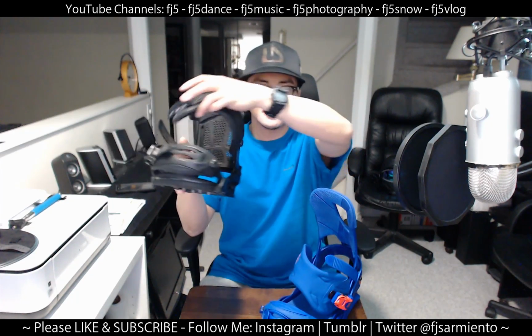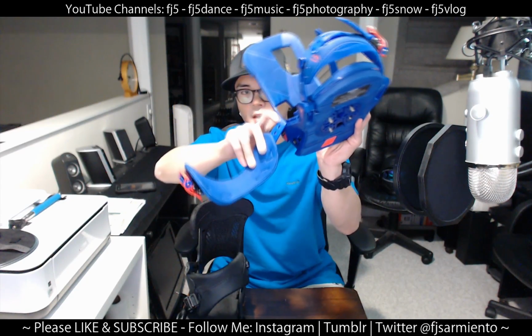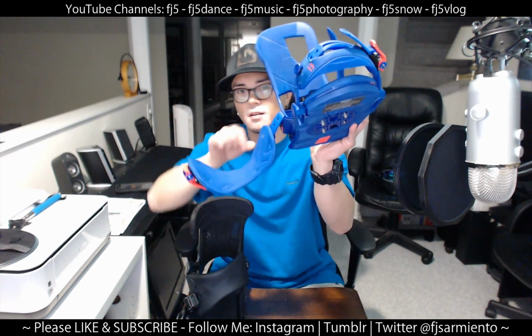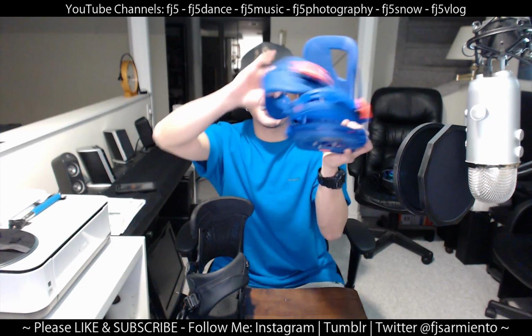Because I have these ankle straps open, I did want to mention something. On the 2013 Malavita, you'll notice that it's a very traditional ankle strap, as with most bindings. But what they did introduce with the Cartel, with this ankle strap, you'll notice it doesn't fold back. It's got this pre-pressed fold crease right there on the ankle strap. I used to think that that would be an issue because it's thinner material there. I thought that it'd be more prone to breakage, but it's lasted me throughout the entire season so far and